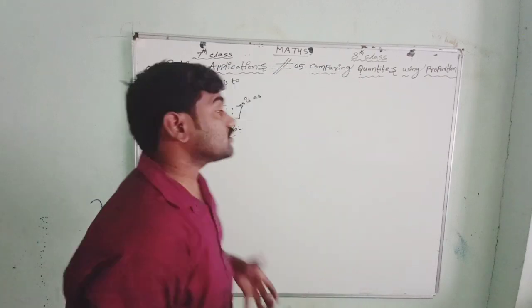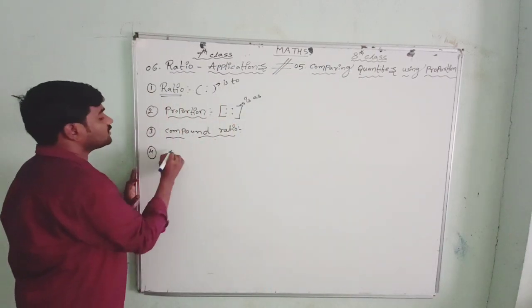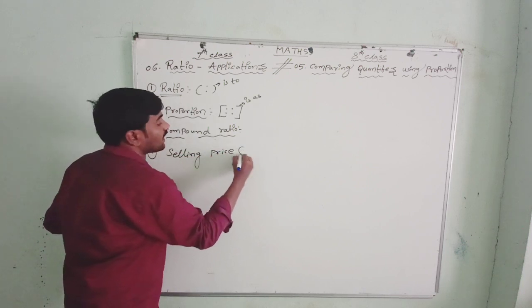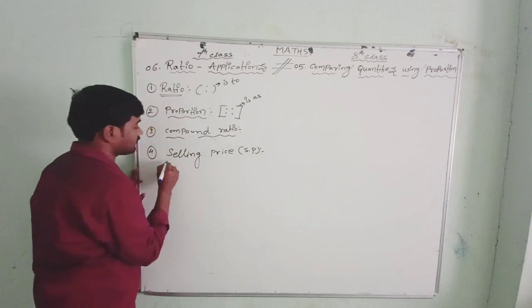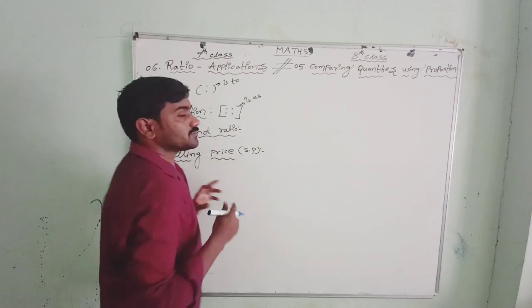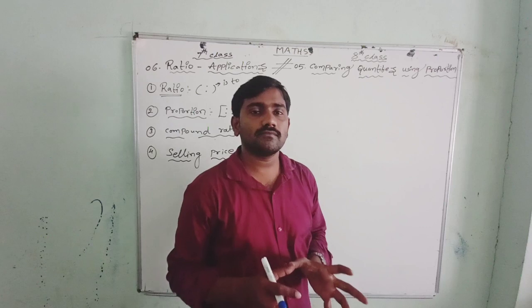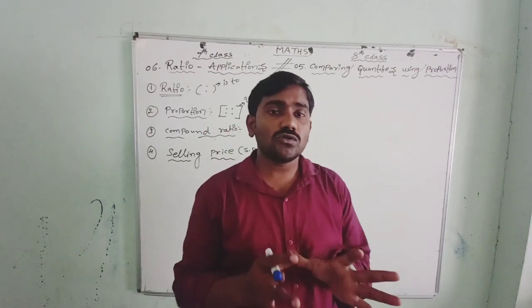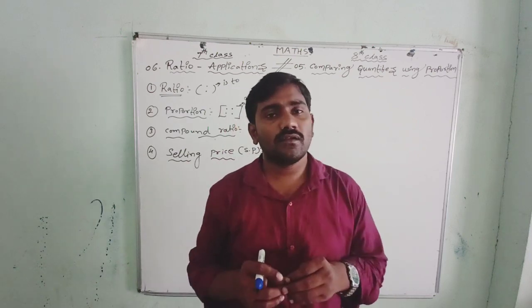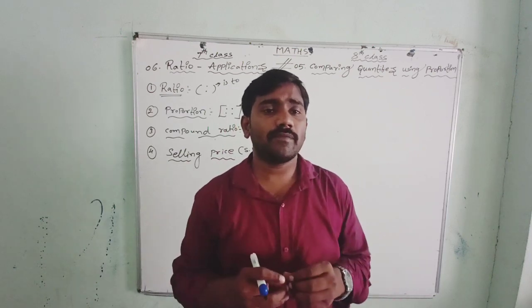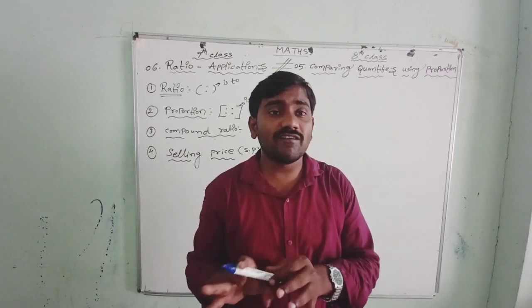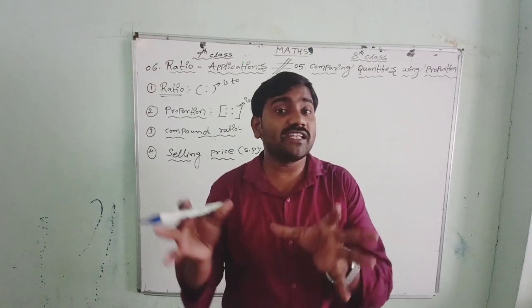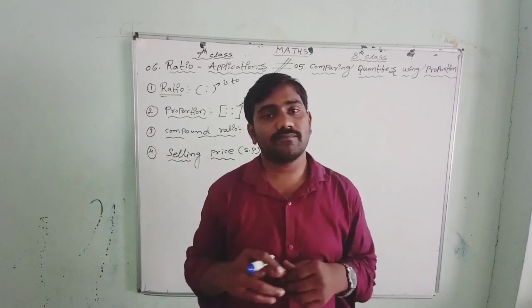Now next we will learn about the selling price. Commercial math, this is completely selling price. It is denoted by SP. Selling price, SP. What is the meaning of selling price? Suppose you have purchased any article or item in a market, and on every article and item there will be a price. The price on the article is called the selling price.